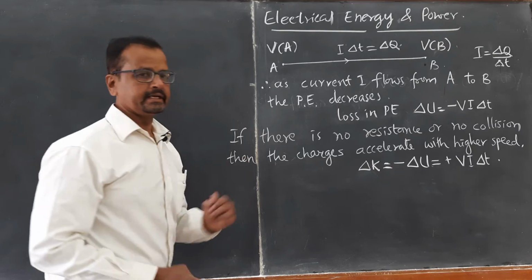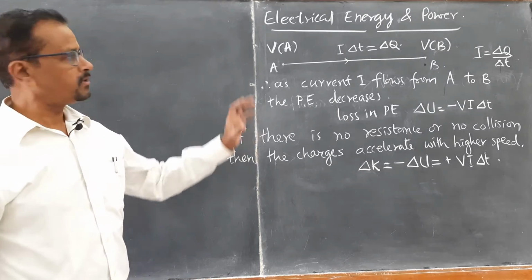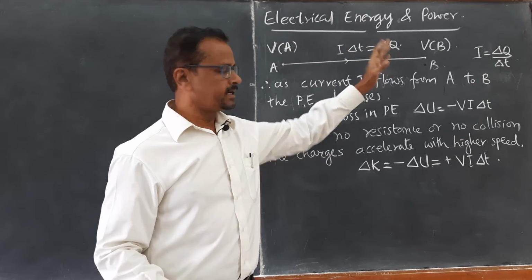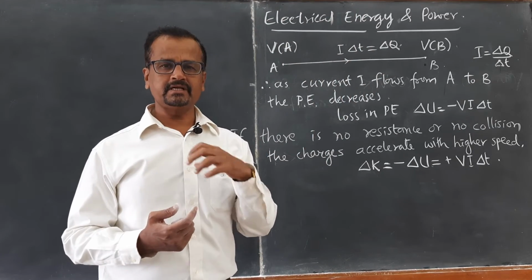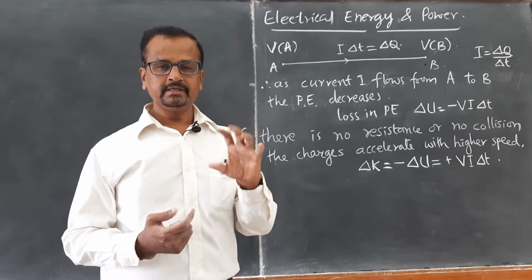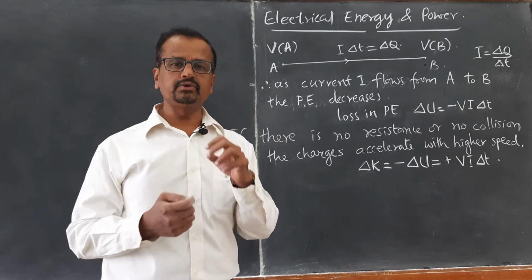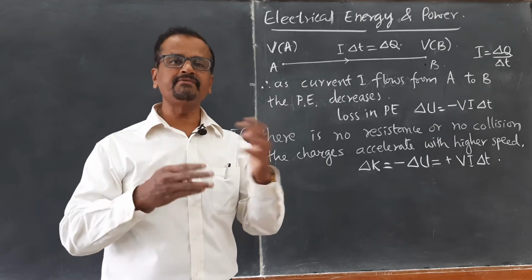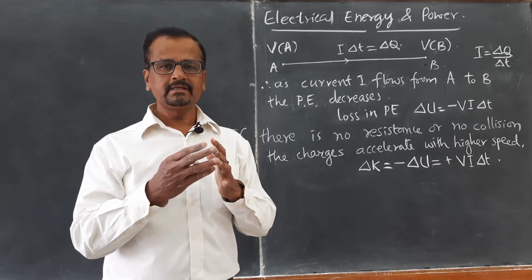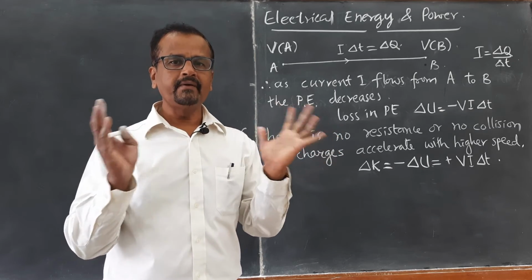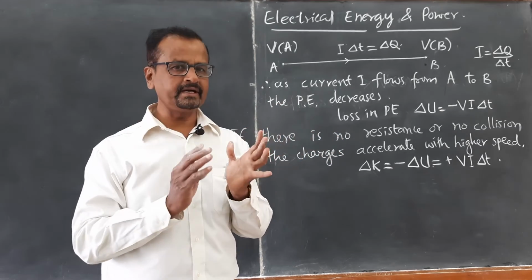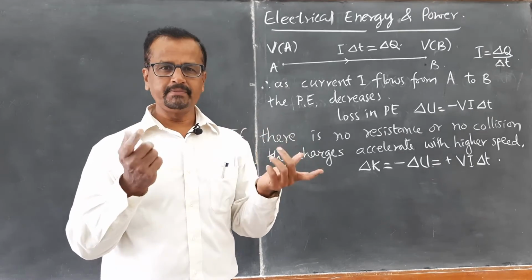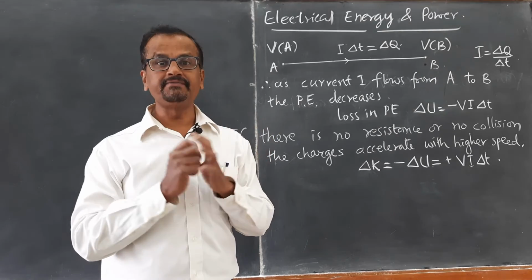But what happens practically speaking? There will be always some amount of resistance. When the current or the charges flow in the conductor, we have studied the charges do not accelerate usually, because before they could accelerate to higher and higher velocities, they undergo collisions. Because of their frequent collisions, they would not have average acceleration, but we have calculated on an average they will have a drift speed. So, there will be no acceleration, there will be a drift speed.